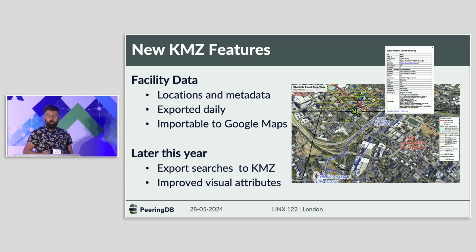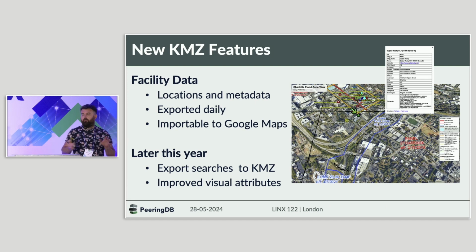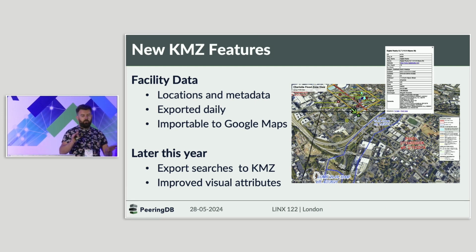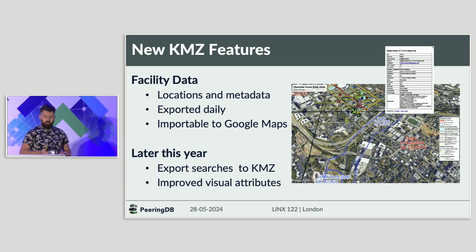And then finally, talk about KMZs. We can auto-generate these now once a day, and then you can start to actually export data out of PeeringDB into a KMZ. Maybe if you're trying to overlay a design or trying to think about planning for your network, you can take that location data we have out, make a KMZ of that, and then play around and overlay it with fiber or other data points you might have from different operators or different providers.